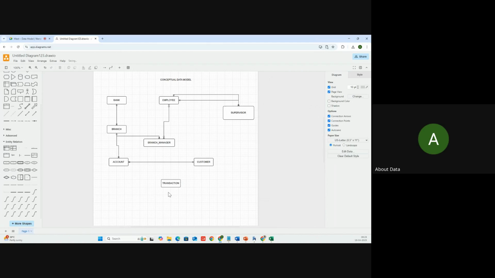Now transaction. A transaction always happens via what? Via an account. And who creates a transaction? A transaction is created by a customer. Correct. So a customer can create many transactions. And an account can also have many transactions, right? In an account, we can withdraw cash. Say each day we are withdrawing cash, or on the same day we deposit cash and withdraw cash. So we have many transactions. Again, the relationship is